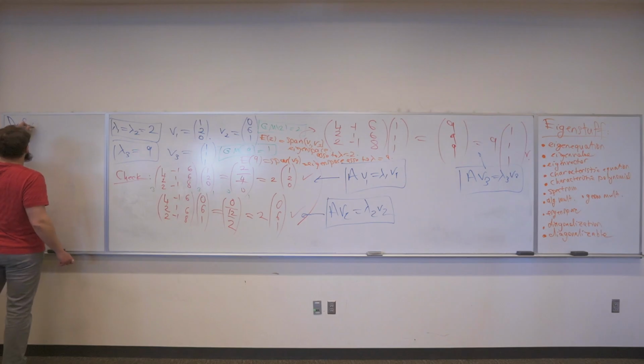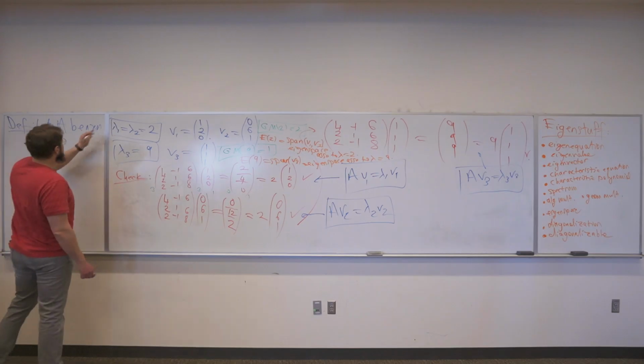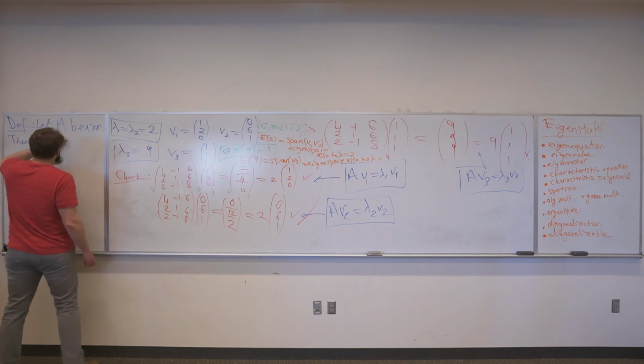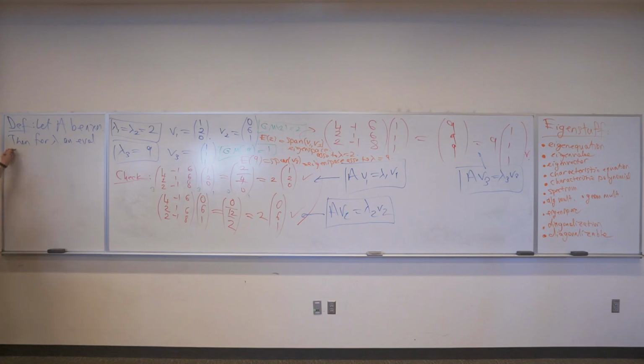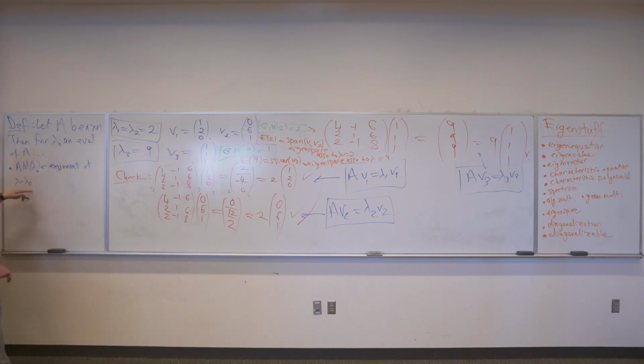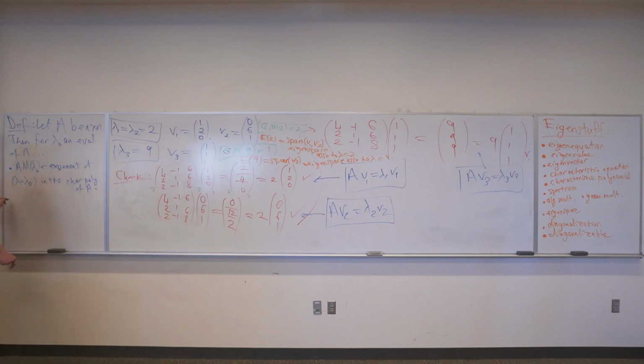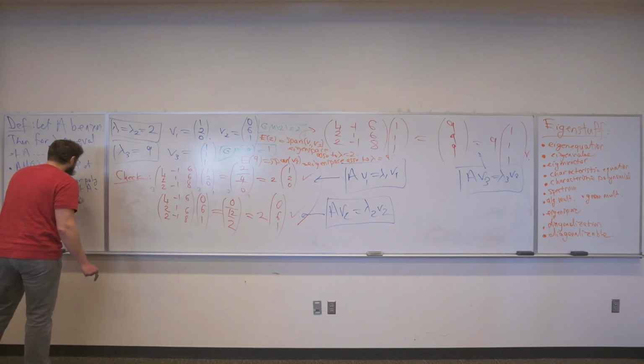So if I have an n by n matrix A, then for lambda 0 an eigenvalue of A, AM of lambda 0 is the exponent of lambda minus lambda 0 in the characteristic polynomial of A. Eigenspace associated to lambda 0 is